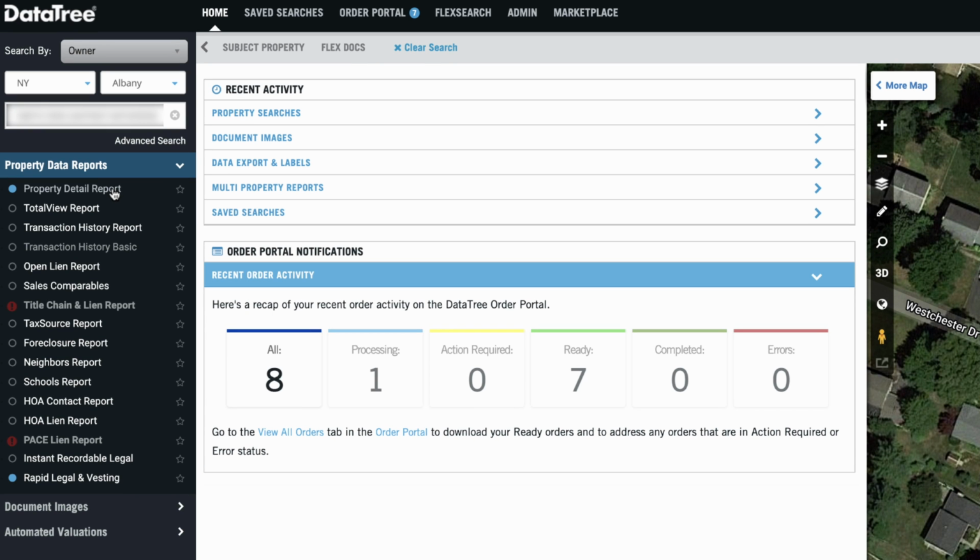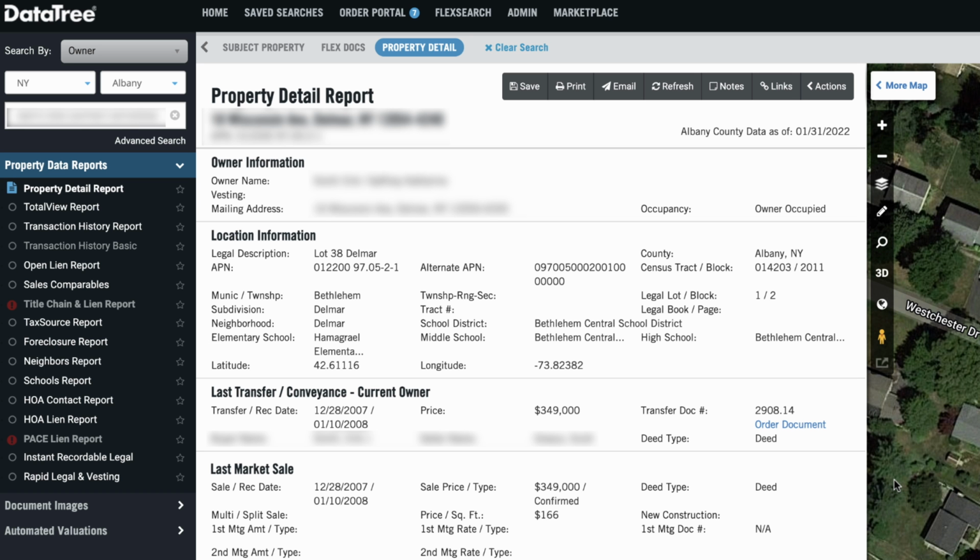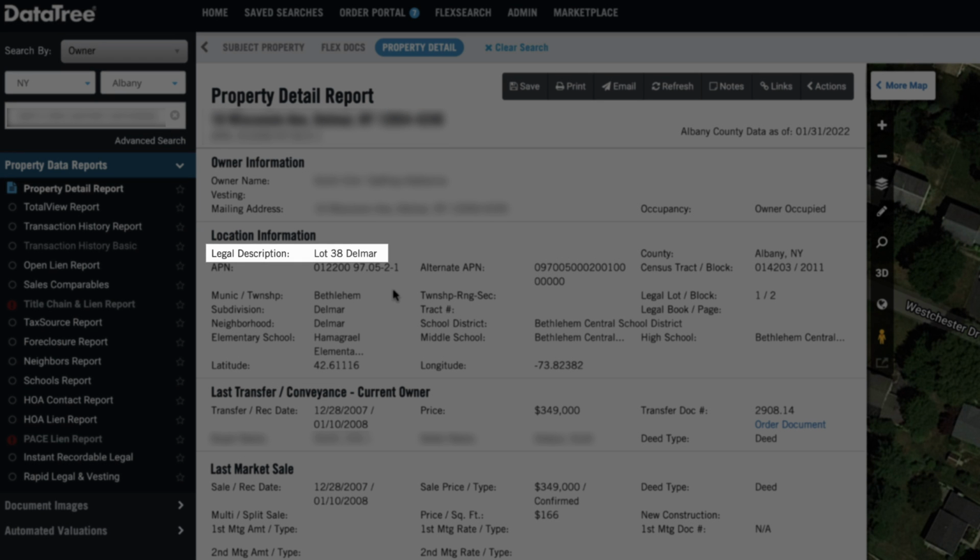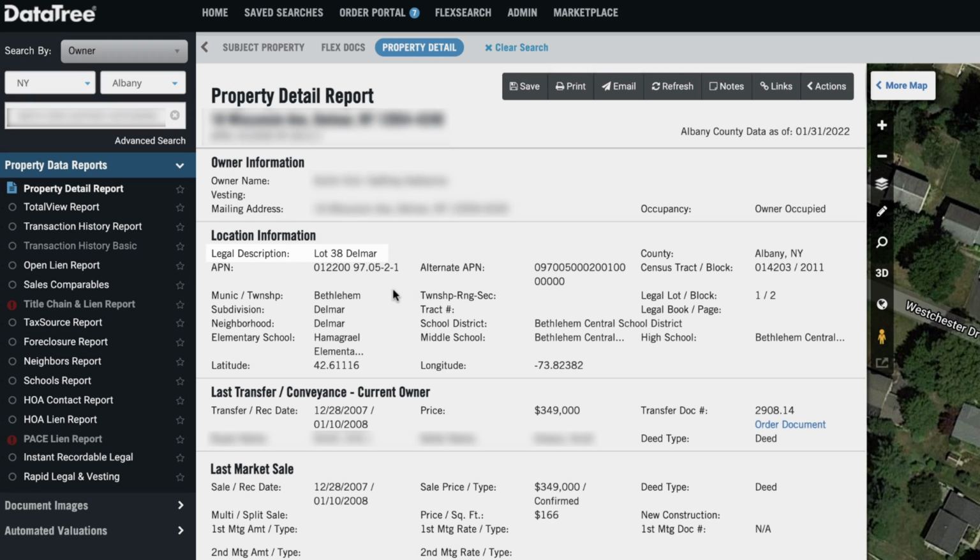And another thing I want to point out here is that if we were to order this thing up here called the property detail report for the exact same property, it's going to show us this information right here. A lot of times we can see almost the same thing in this property detail report, but the legal description it provides is usually not going to be the full legal description, or it's going to be an abbreviated one with abbreviations of the words in there. And there are some cases where the legal description you see in this property detail report can work.